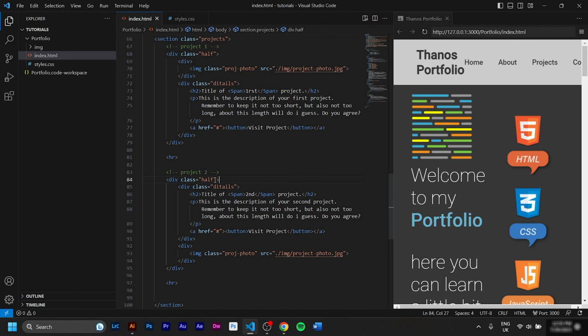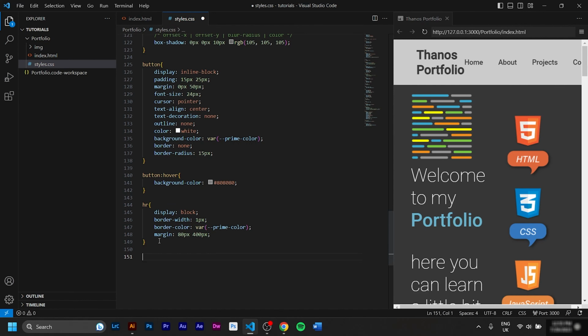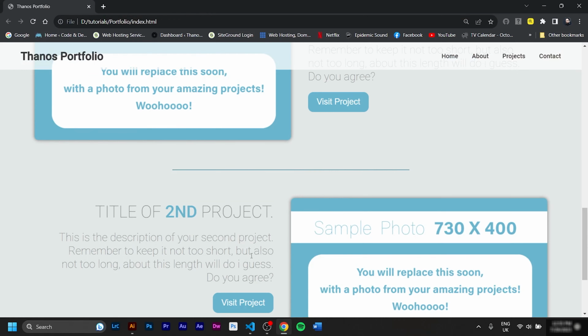I will target this div that contains the whole thing, and I will give it a second class name, which is gonna be named left, because this text is on the left. Control S. So now I'll target the class dot left, and all I'm gonna do is write text-align right. This one stayed the same, this one changed.